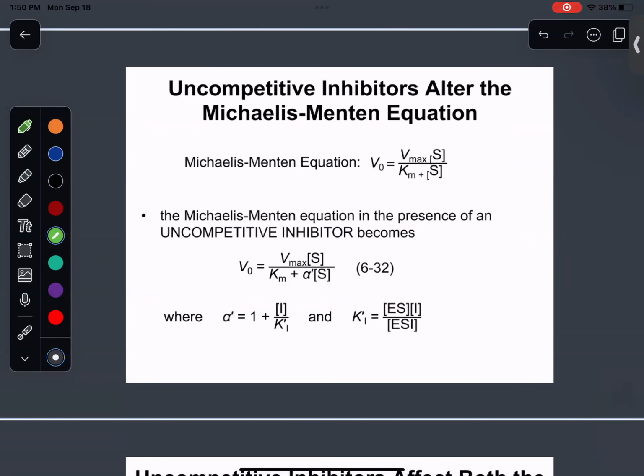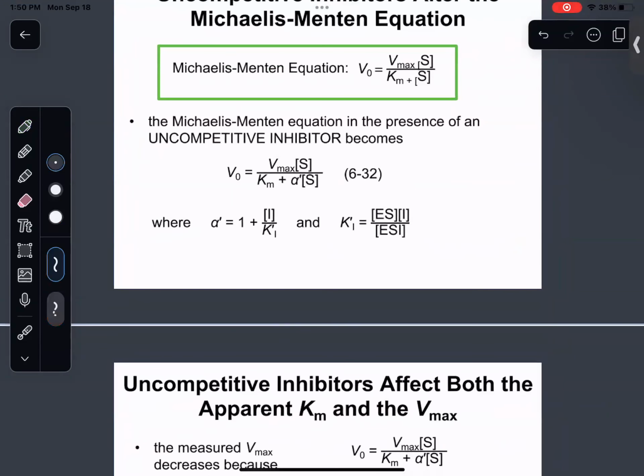So, like we saw in competitive inhibition, we start with the initial Michaelis-Menten equation. That's what we're used to, right? We know this already. This is locked in there. Now, as opposed to where we added the alpha to here, instead, we're going to put it over here, and we're going to call it alpha prime. There's an alpha prime value here, and this time it's going to be in front of the substrate concentration in the denominator. And it really is just easier to commit these differences to memory, guys, than to try to work out the reasoning every time on a test.